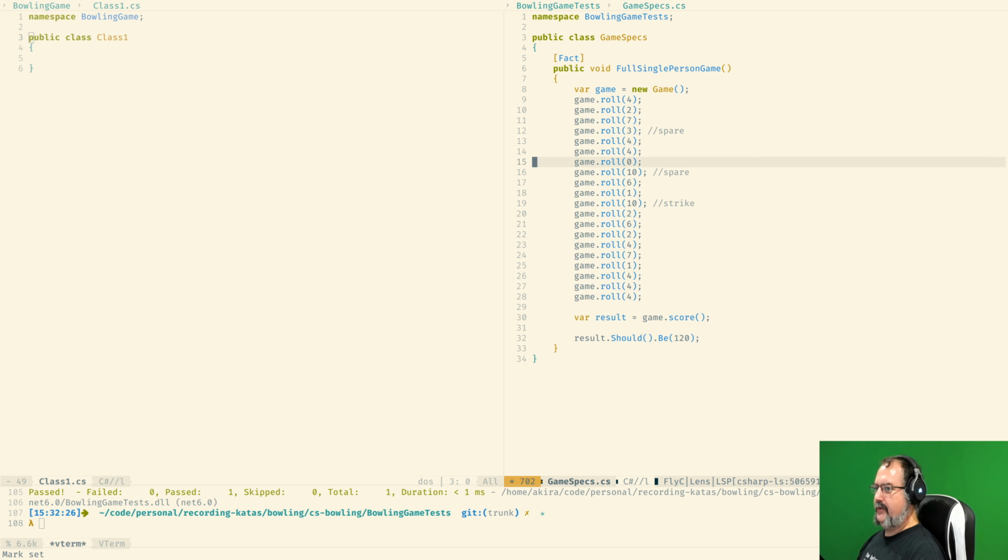Just gonna put it here. 7, 1. There's another 7, 1 over here, and then we have a strike on the bonus roll, and just a 6 on the last bonus roll. 6. There it is.